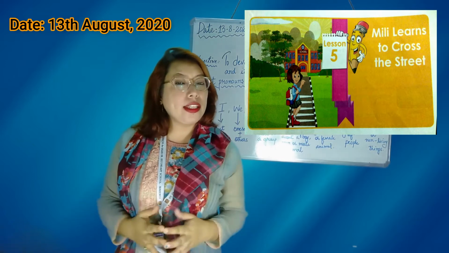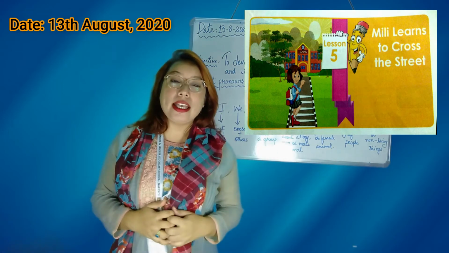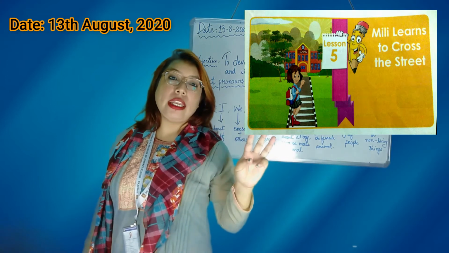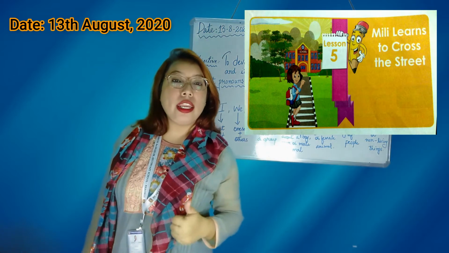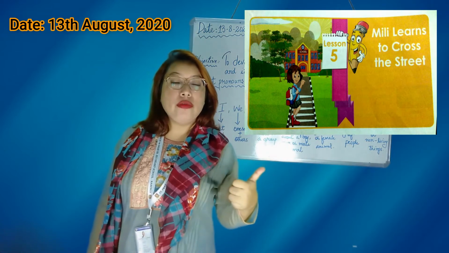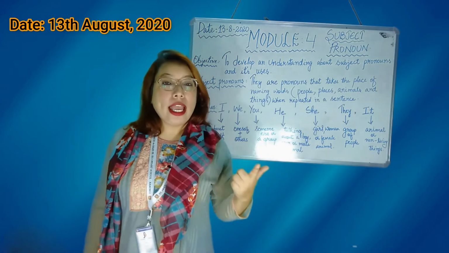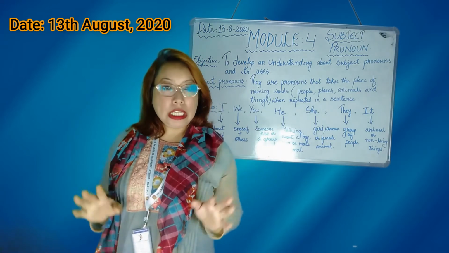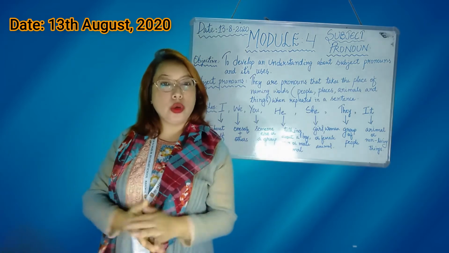And how many lights are there in a traffic light? A traffic light has 3 lights, right? A traffic light comprises 3 lights. Which are they? Red light, which tells us to stop, yellow light, which asks us to wait, and green light, which permits us to go, right?